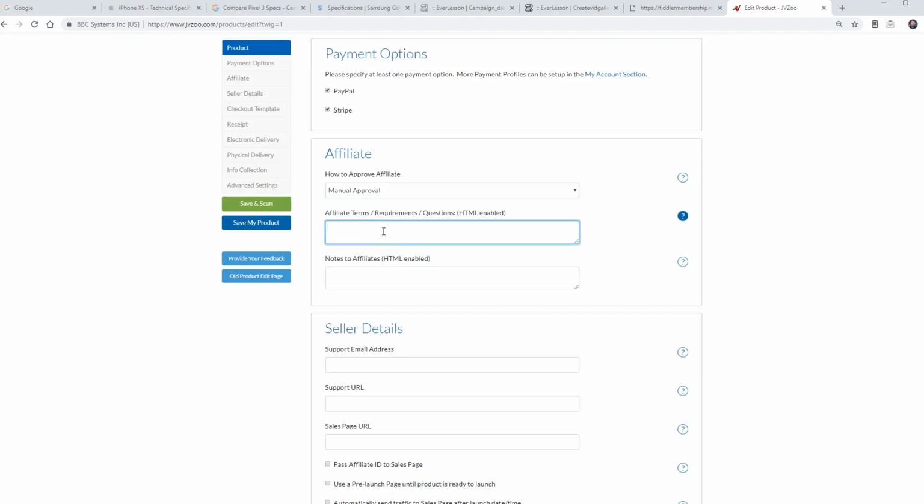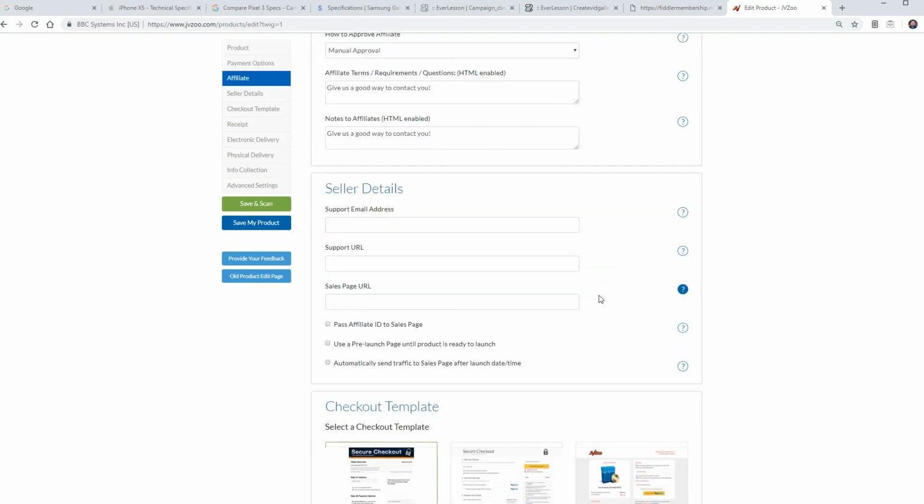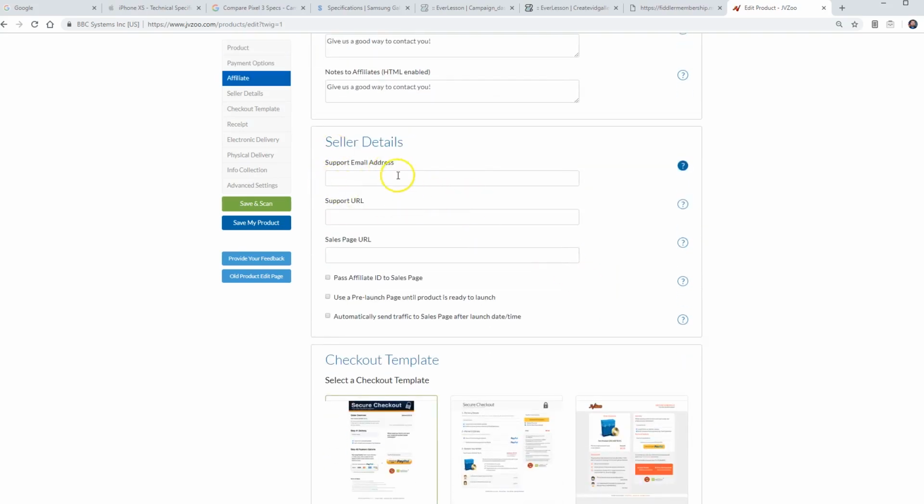We'll just say, give us a good way to contact you. And that's a little message that affiliates will see when they try to request an affiliate link. Let's see here. Support email address. Let's say fiddler@support.com. Just making that up. Sales page URL. We have that, so we can just put that right here. And we'll go to, let's see,